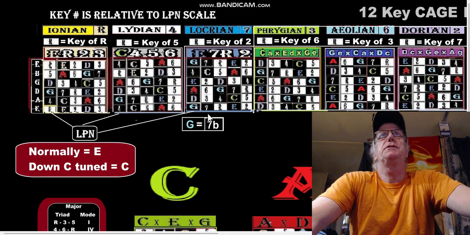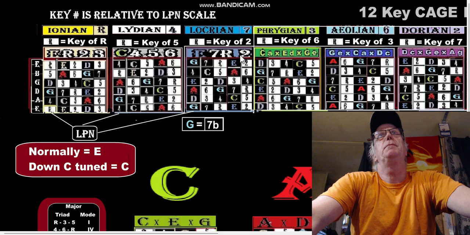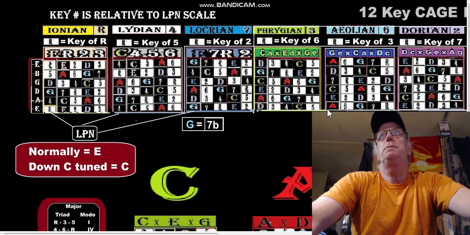This simply says that the G shape, by the way, this is the Locrian box, because we're dealing with different keys now. So normally tuned equals E, the LPN; down C tuned, the LPN is C. So the LPN would be the same in all of these boxes